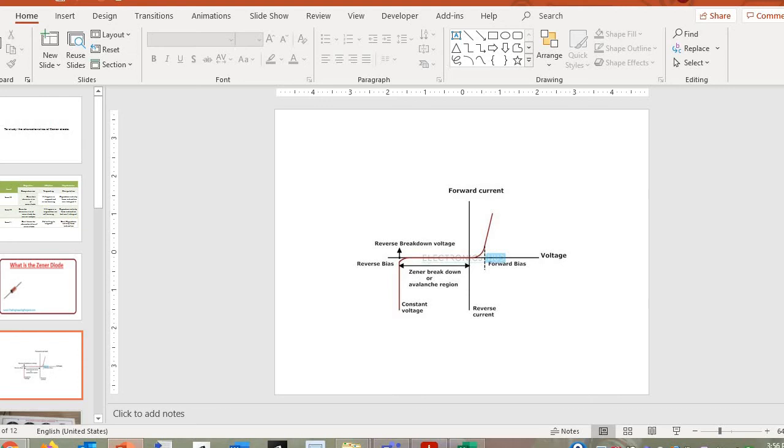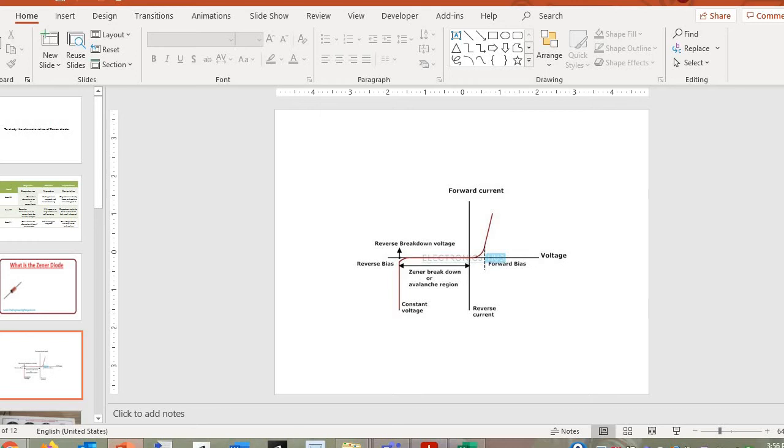Basically in PN junction diode, what we have seen, there is current flow in only one direction when there is a forward biasing condition. In other direction, means if you connect the PN junction diode in reverse biasing, there will not be any kind of current flow. Of course, in that also you can get certain amount of current in reverse biasing. Reverse current is generated over there. That is due to the minority charge carriers.